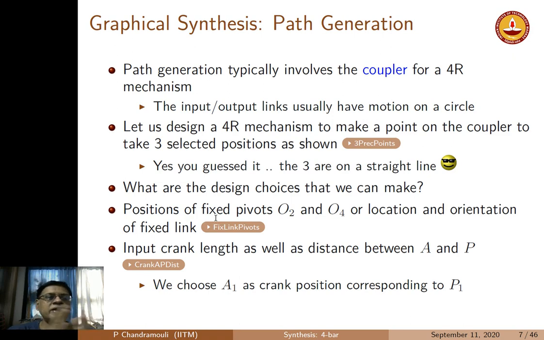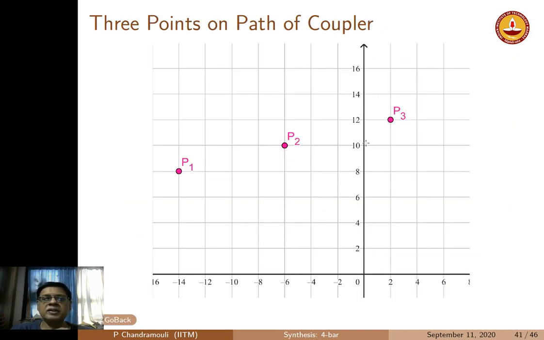So we are going to limit ourselves to 3 precision design, as it is called, for both the path generation as well as the motion generation, because the graphical construction becomes quite easy to do. Alright, so we are going to do this with 3 precision points, and you guessed it, we are going to look at P1, P2, P3 as the points